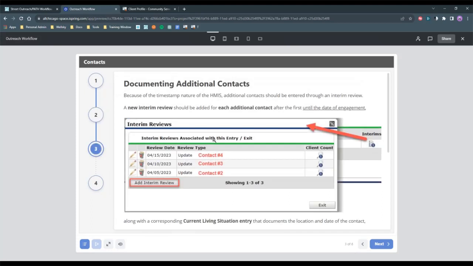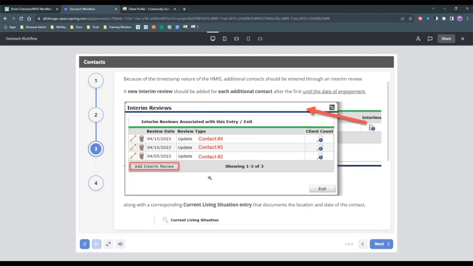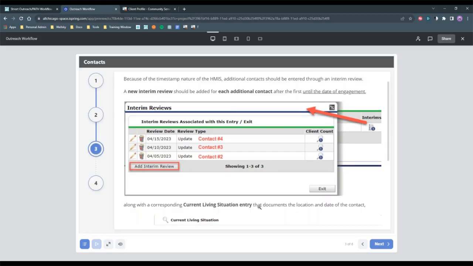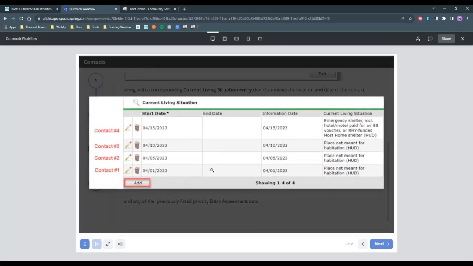So we understand that most of the time it does take more than one contact to get a client engaged. So this is kind of one of the main things that will change in this workflow, is that to document additional contacts, we would need to now create an interim review with a current living situation entry. So in the slides, this is how it would look like. So for each contact, we would create a new interim review, and then alongside, we'd create a corresponding current living situation entry every time. So that would look like,